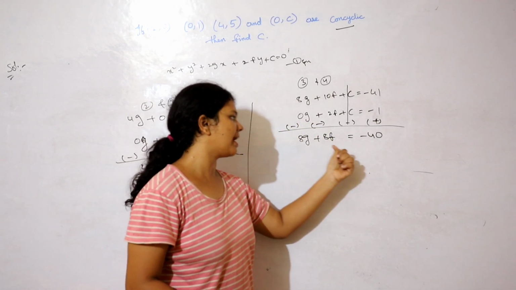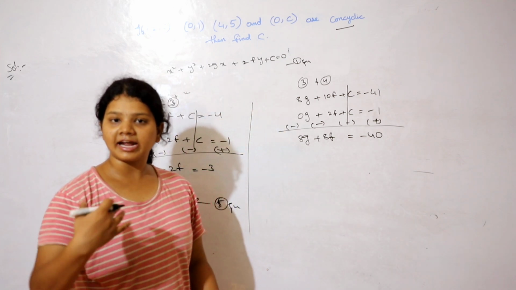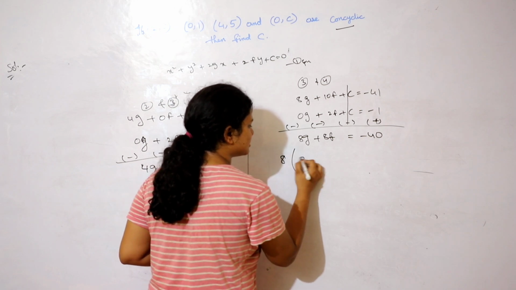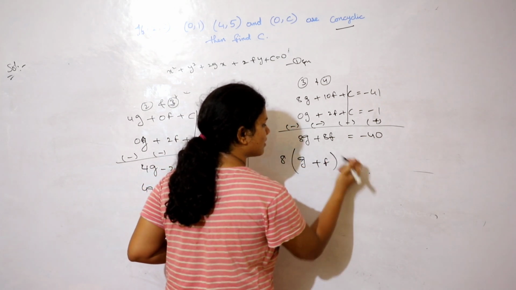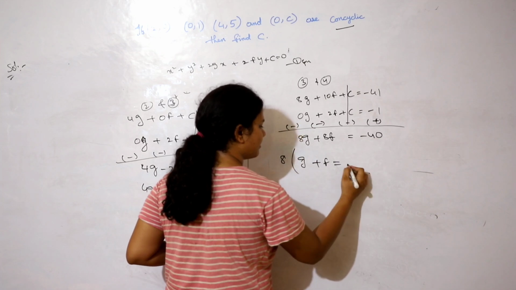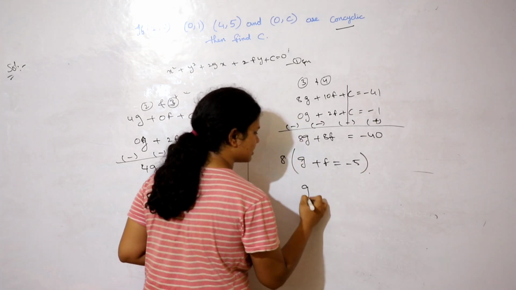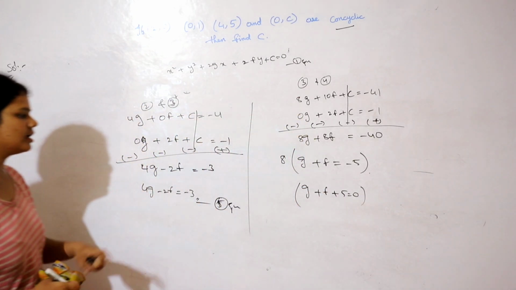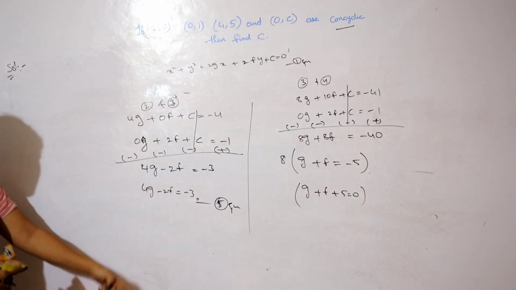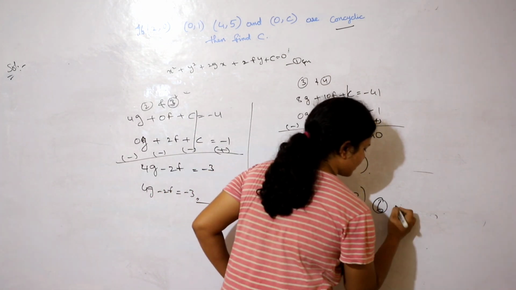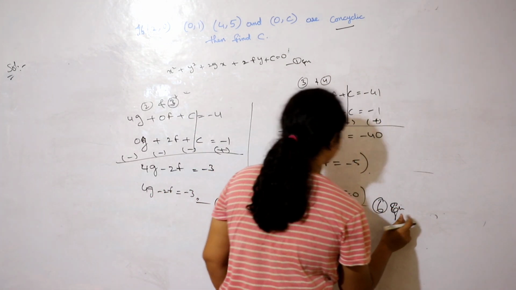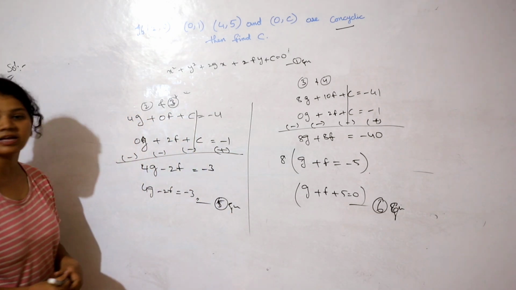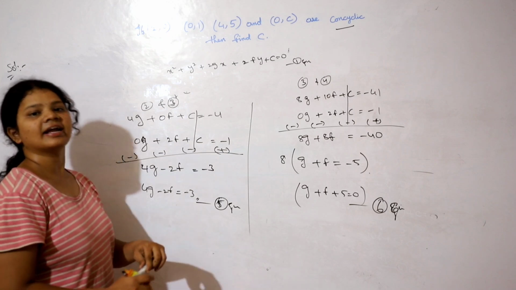Now guys, just look at this equation. You are having 8g, 8f minus 40, where we can take 8 common. So take 8 common, this becomes g plus f equals to, 8 5s are 40, -5. So we can just write that g plus f plus 5 equal to 0. Clear? Let us name this equation as equation number 6 or 6th equation. We got 5th equation and we got 6th equation, and now from the 5th and 6th equation, we will be finding out g and f values.